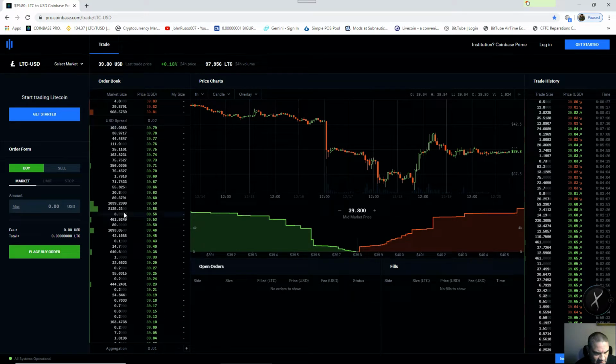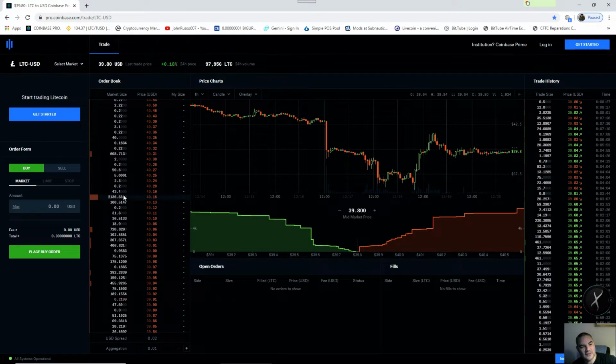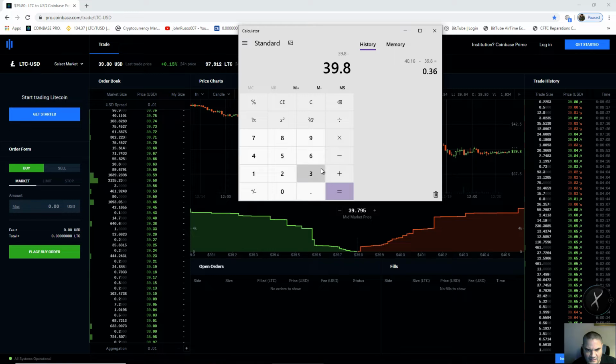Now we've got to find the buy side. 39.58. Look how close the buy is now to the mid-market price, which would be where the USD spread is. And look how far he moved the sell, $40.16. Oh, you see what he's doing here, people. You see he's reversed the trend. 39.58. You see? As compared to the sell side,